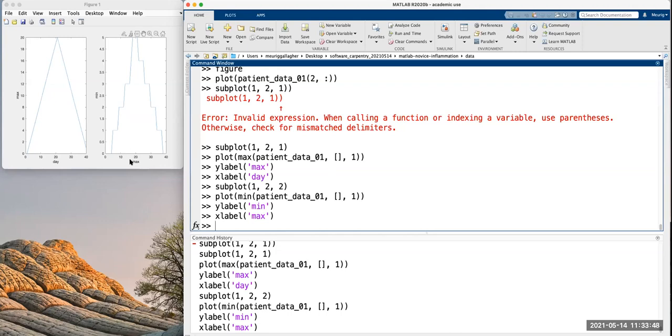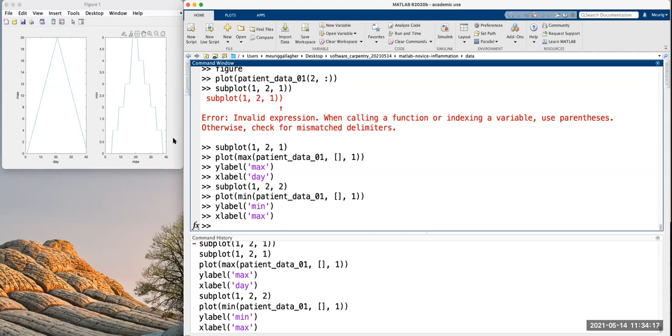So basically, we can see what's going on. But if we actually look at what's going on, we can see there's some things that are a bit weird. We have some real change in our maximum inflammations across every day. That seems a bit weird. Why would it go up and then come back down? And then our minimum's going up and down again. So maybe there's something a bit weird going on in this file.